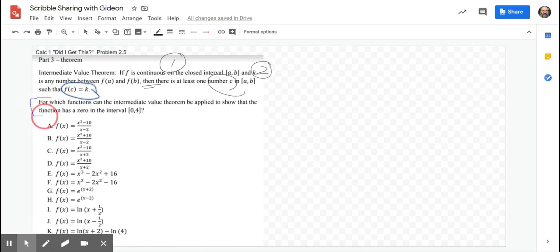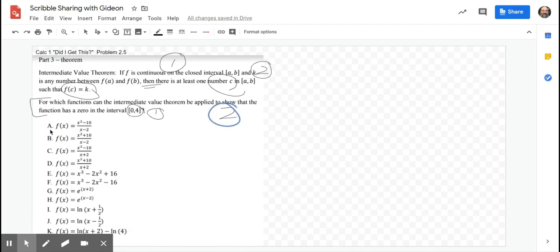So now we apply. For which functions can the intermediate value theorem be applied? Oh, so we just need to confirm 1 and confirm 2 using a equals 0 and b equals 4. So we can just go through, right? We just have to confirm rule 1 and rule 2 for each one of these. So let's look at